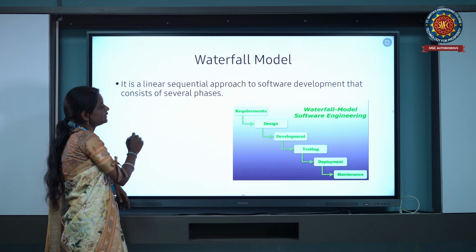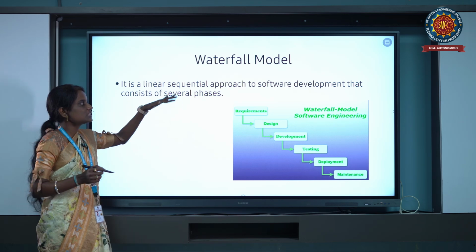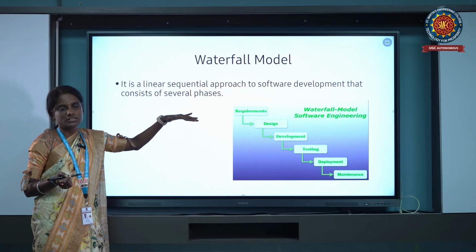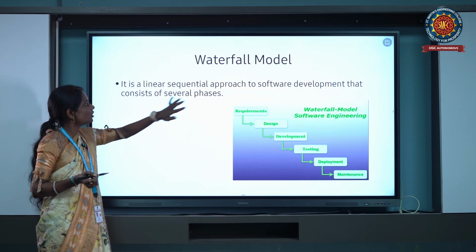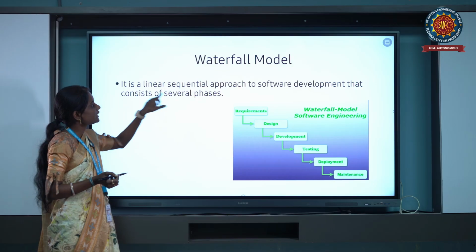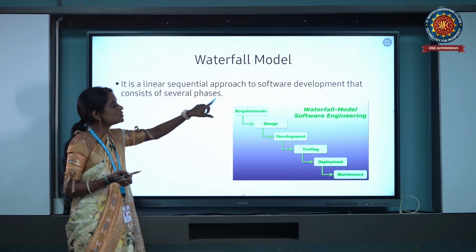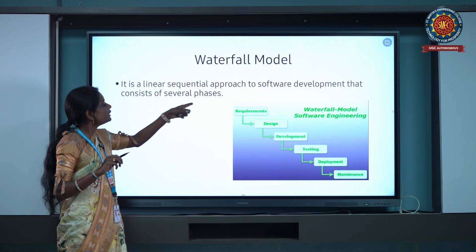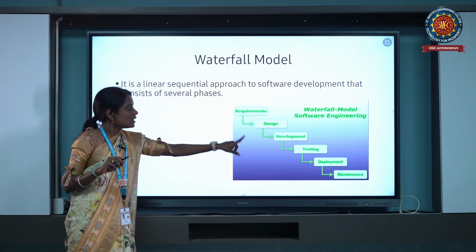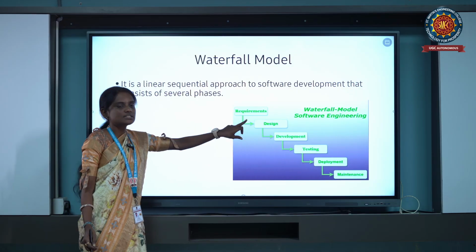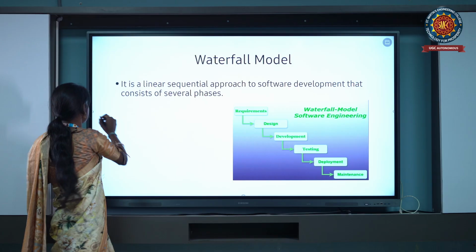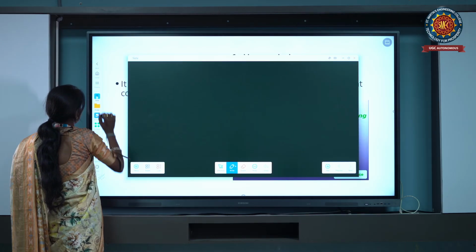Next, when we go to the after implementation, in this SDLC model also, we have different types of models. For example, the first one is the waterfall model. The waterfall model is a type of linear sequential approach. It is used to develop the software product according to several different phases. In this we have the requirement phase, designing, developing, testing and coding, and the deployment. I'll explain this in the notepad.